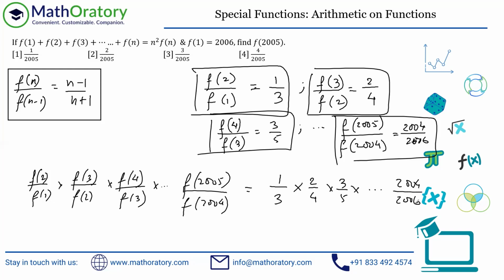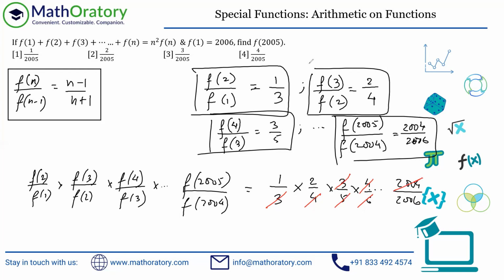Now check something out. There is a bit of cancellation, but that starts from the third term. The denominator of the first term is cancelling with the numerator of the third term. And the next term will be 4 by 6, so again this 4 and this 4 cancel off. So starting from the first denominator, every denominator will cancel out till the last two denominators, because if you think symmetrically, this 5, 6, everything will go off, and this 2004 should also cancel out from the previous denominator. So the last two denominators should remain.